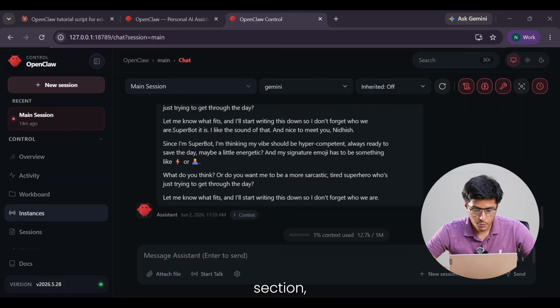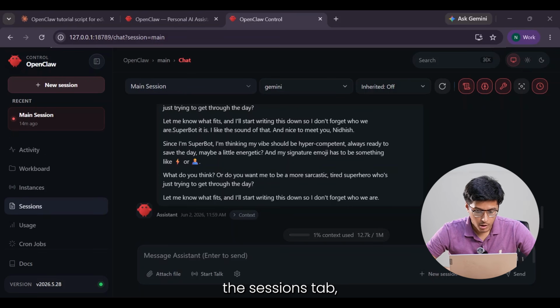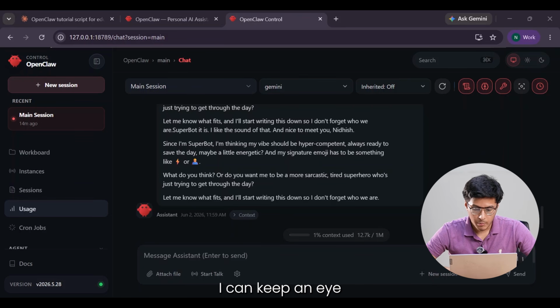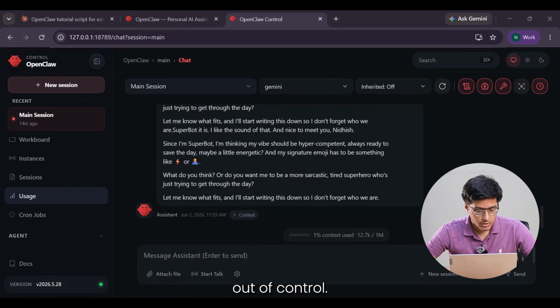The instances section, which is used to manage different running environments, like keeping my dev and production agents separate. The sessions tab, which is my history log. I can go back and revisit or audit any past conversation my agent had. The usage tab, where I can keep an eye so my API calls don't silently spiral out of control. The Cron Jobs section, where I set up all my automated tasks that run on a schedule without me